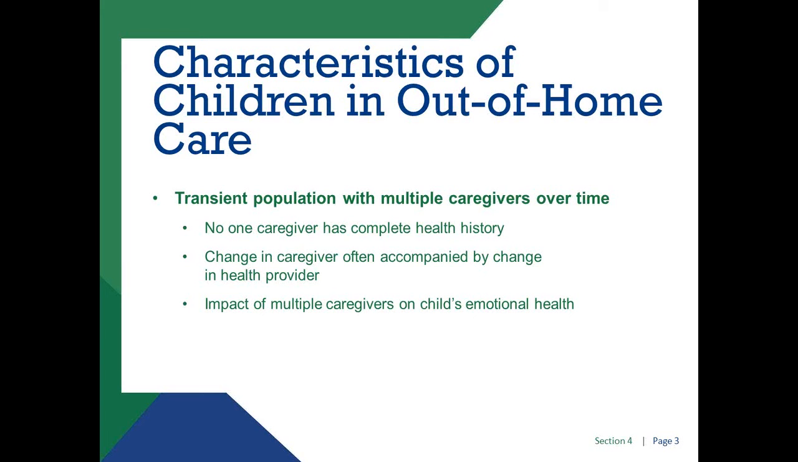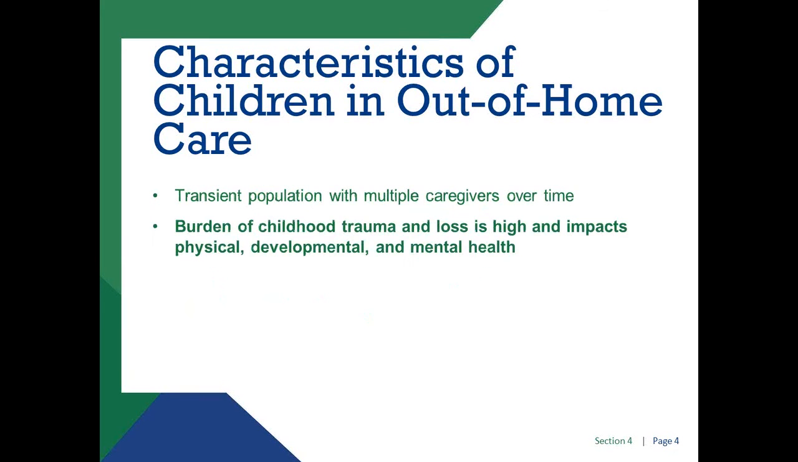And then, of course, with this high level of transience is the impact of disruption of the primary attachment figure multiple times over. It really takes an emotional toll on children over time. On the next slide, the second major characteristic is this burden of childhood trauma and loss, which is really high in this population, and it really impacts all aspects of their health: their physical health, their developmental health, under which I include educational, and their mental health and well-being. So on the next slide,